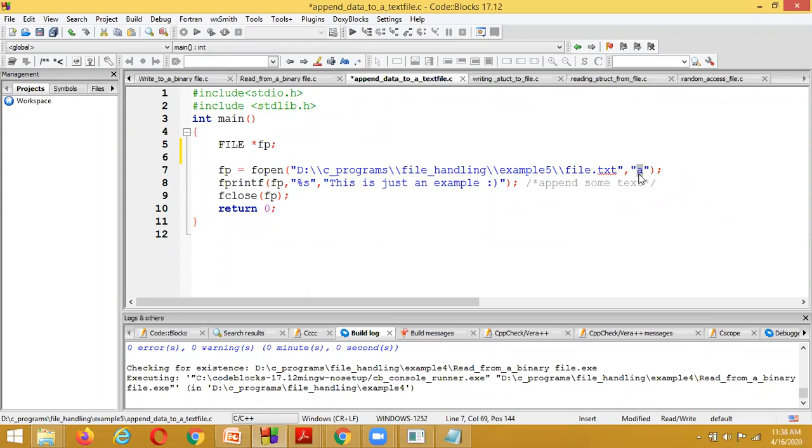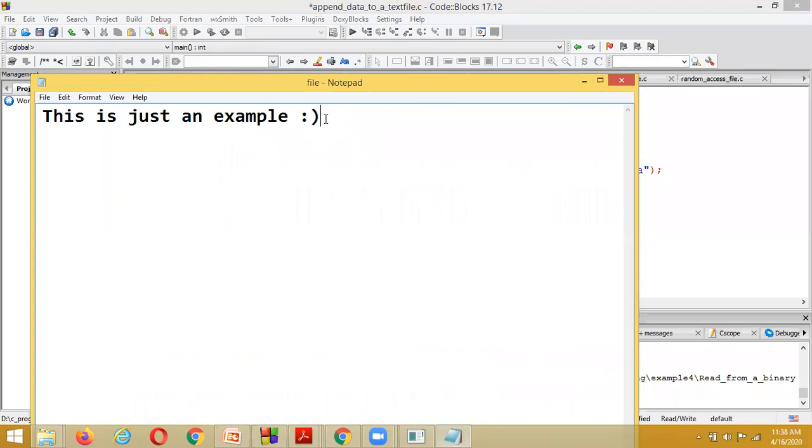And by using this, I want to add new information as appending information. This is just an example.